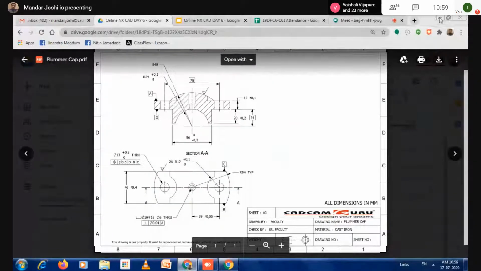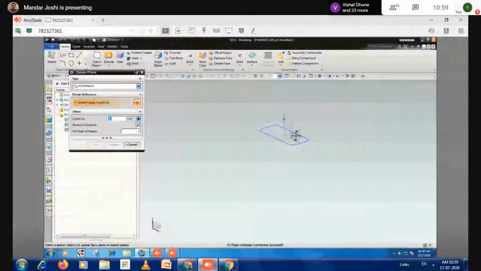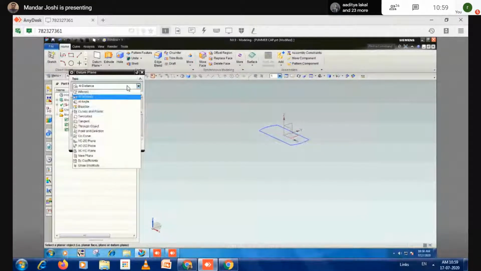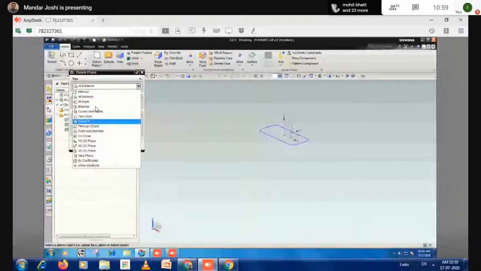Now I'm selecting this plane. Which plane do I have to select? Top plane. So here the list of options are available. You take a screenshot of it. So which option of this list do we have to use now to create an offset distance? I want to generate an offset plane.